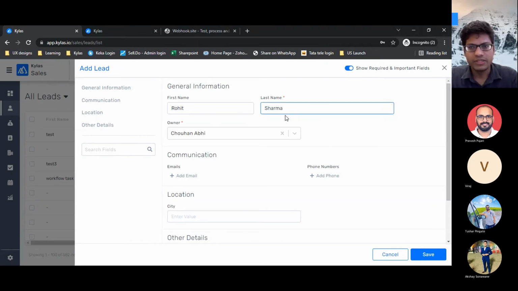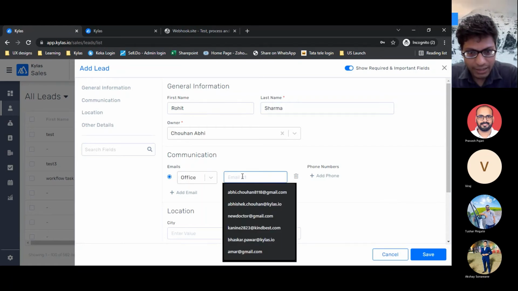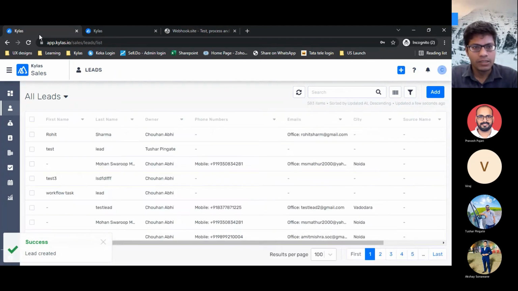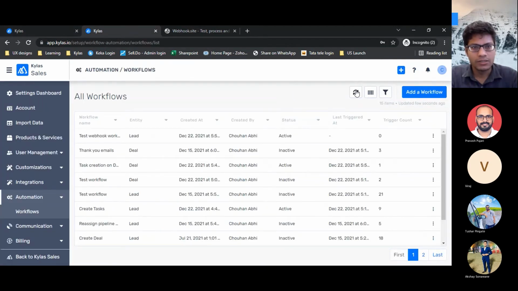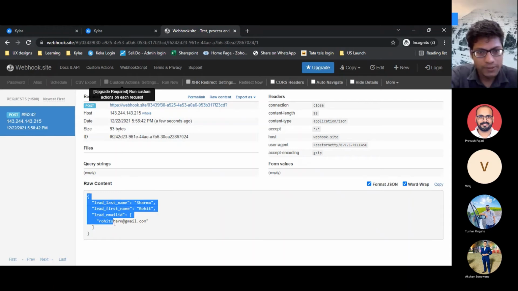Okay, this is the first name and last name, and let's say I enter a dummy email. The moment I save this lead, this workflow triggers, the trigger count increases to 1, and if I go to my webhook.site, there is some data that has come to us.